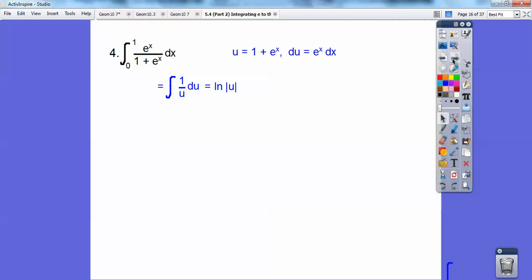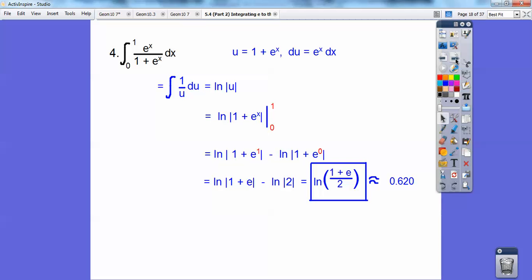Okay, now this is not 0 and this is not 1, because that's when it was x, you guys. It's 0 when we're dealing with in terms of x. It goes from 0 to 1. So I have to substitute in this back here before I can put my 0 and 1 in right there. Okay, so if I want to do it, I can do it right here as long as I put 0 and 1 in right there, and then I'd have to substitute that in there. But I think it's easier to go ahead and put what you had u as right there. And then we're going to go ahead and put 1 in and then subtract and put 0 in right there. Remember that? Okay. So e to the 1, e to the 0, so I get